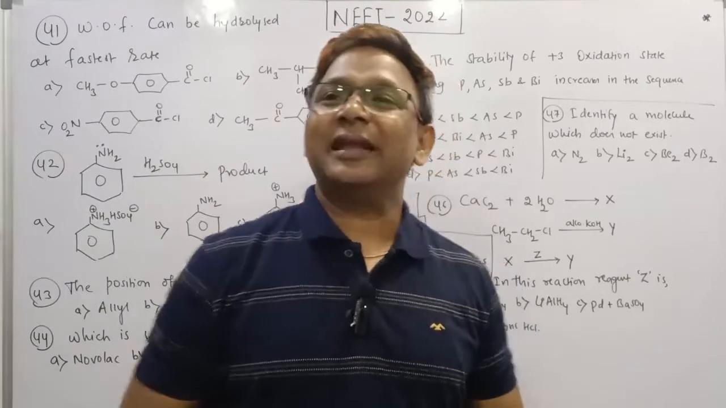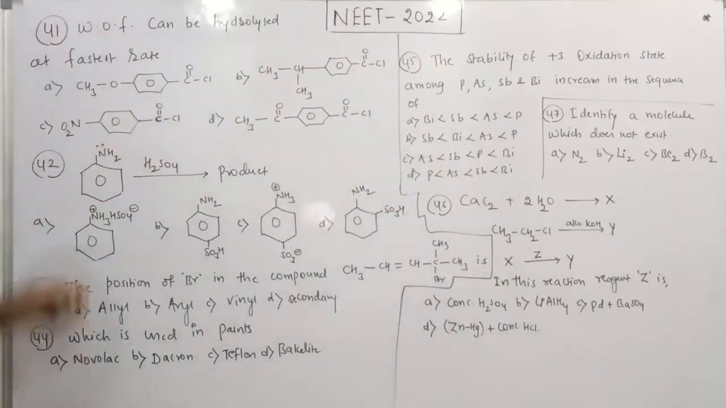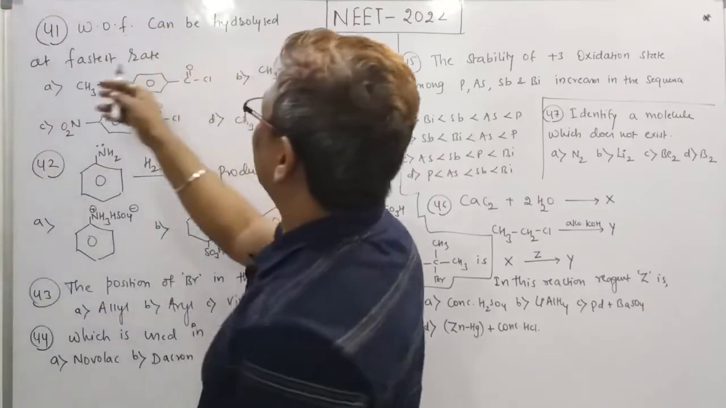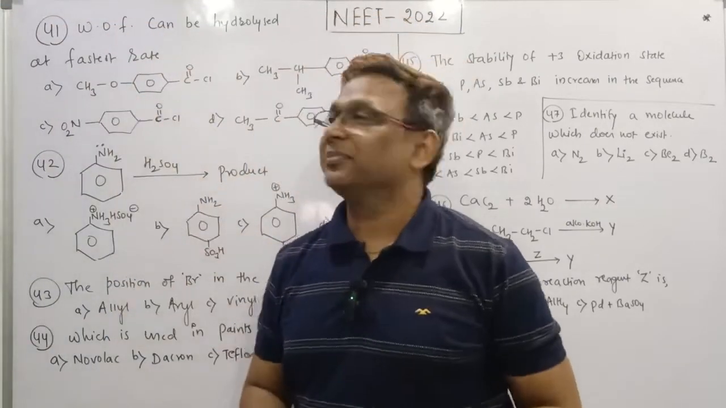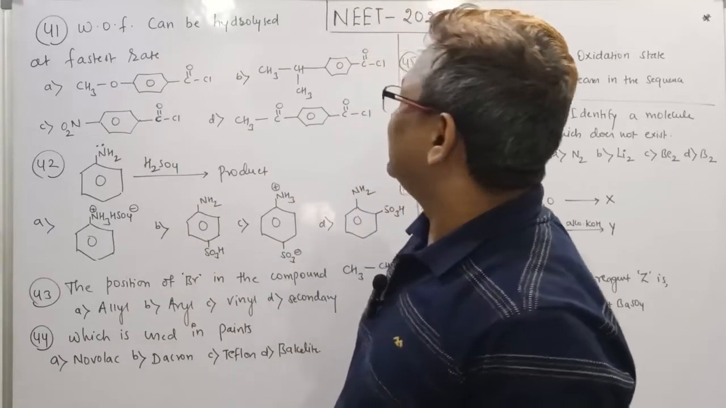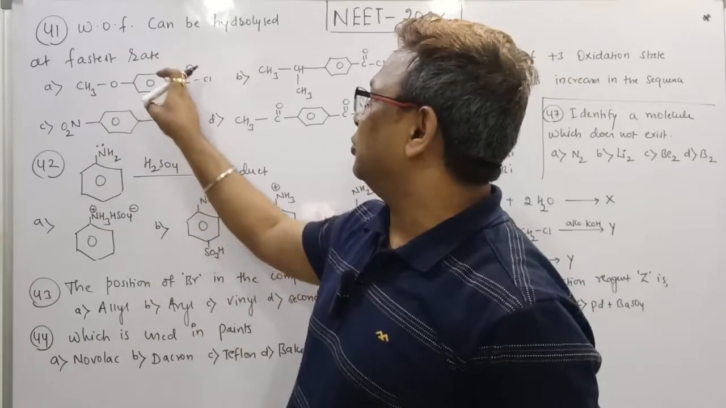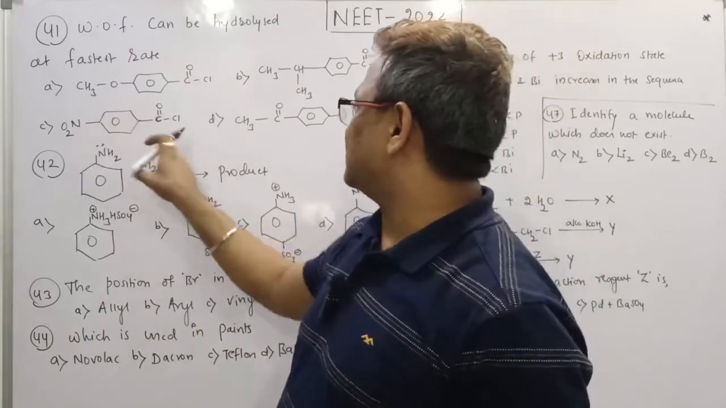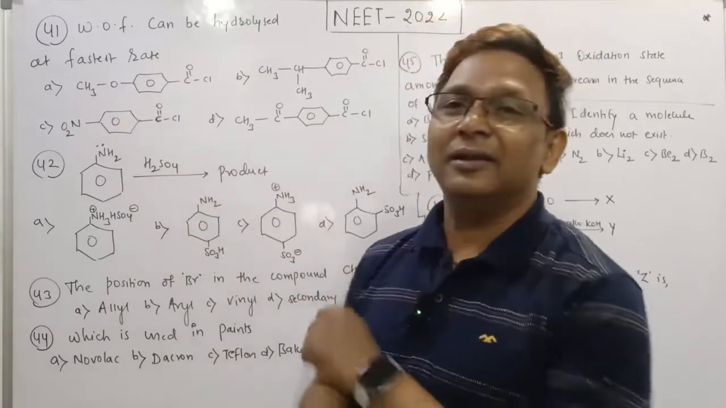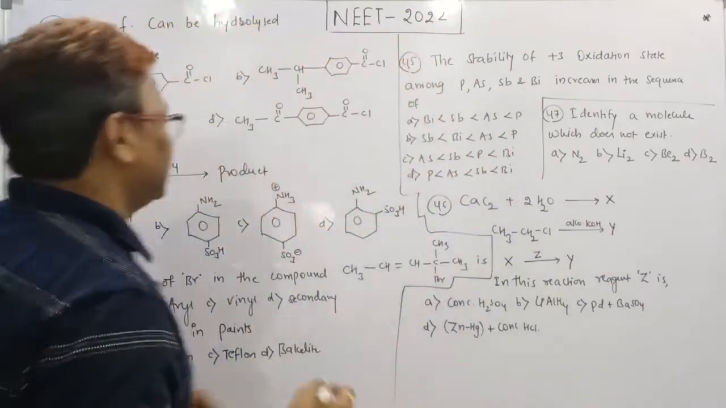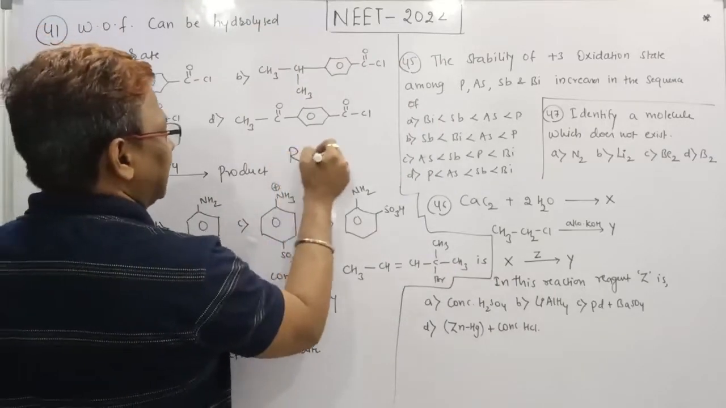Now we're on the list. Next question you can see here. Question number 41: which of the following can be hydrolyzed at the fastest rate? But you can see here, it is a type of RCOCl. This is an RCOCl. RCOCl means acyl halide. Generally, if it is an acyl halide, it is R